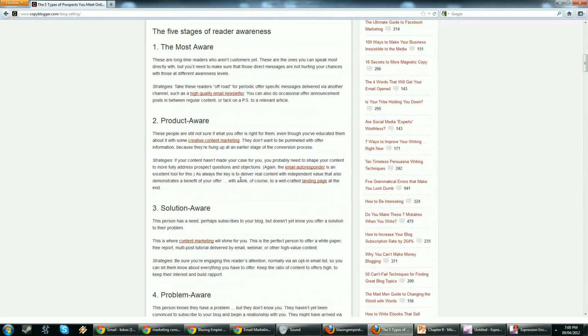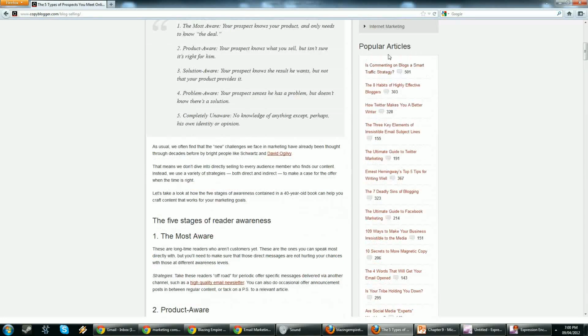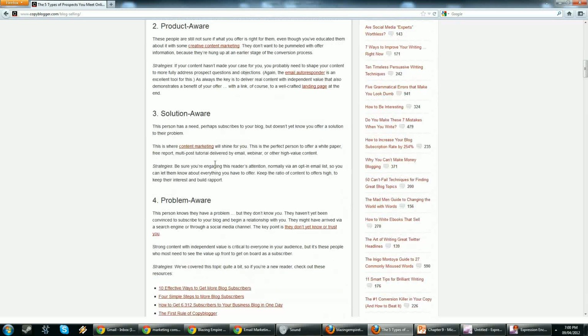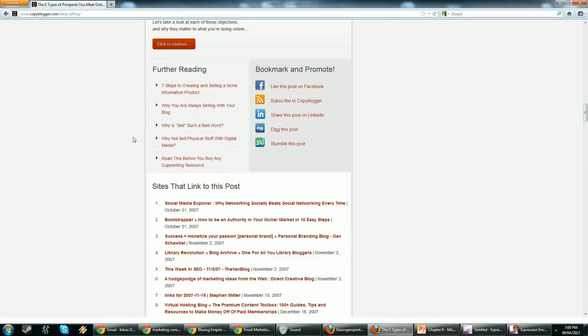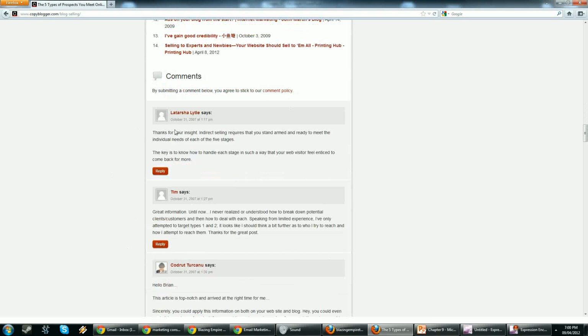The font is big, but not huge. There's all kinds of related stuff in the sidebars. In the bottom, they have their advertisement to one of their things. That's StudioPress, as I showed you before. And then all kinds of additional value, and share this. And the comments are turned on, not off. That's important.